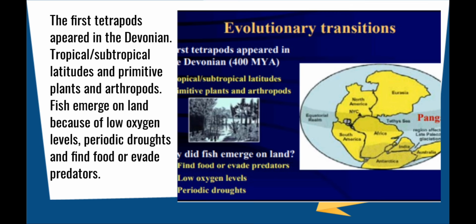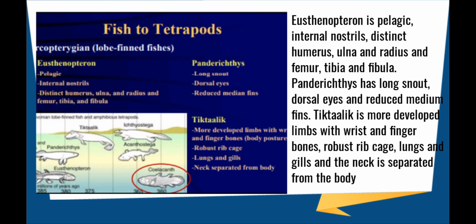So how did the fish emerge on land? The fish emerged on land because of low oxygen levels, periodic droughts, and to find food or evade predators. The fish to tetrapods. Eusthenopteron is pelagic and has internal nostrils and distinct humerus, ulna, and radius, and femur, tibia, and fibula. Panderichthys has a long snout, dorsal eyes and reduced median fins, while Tiktaalik has more developed limbs with